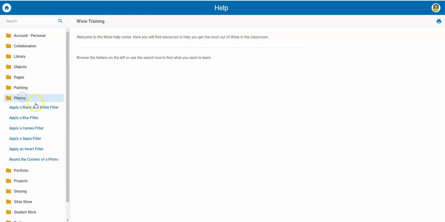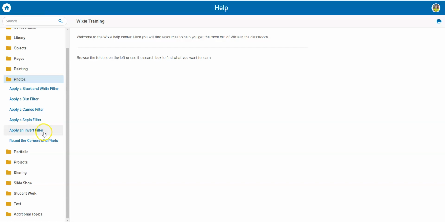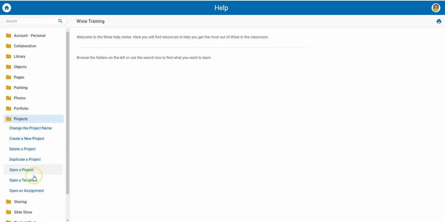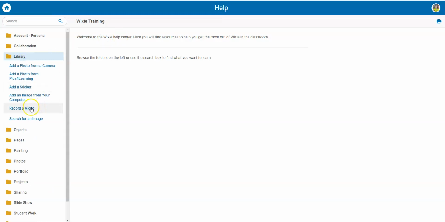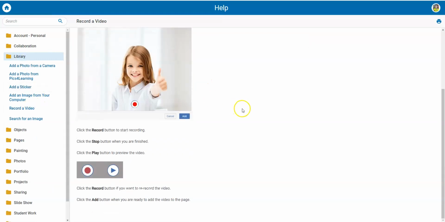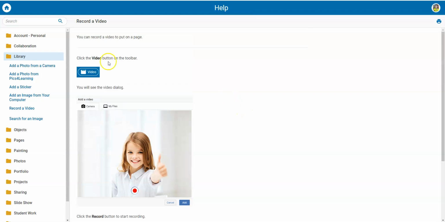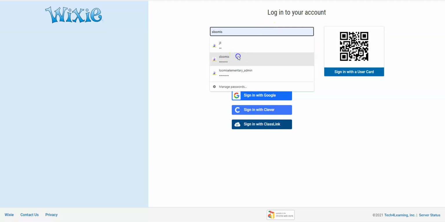So if I go into photos: apply black and white, blur, filter, cameo, round the corners of a photo, do an invert filter; projects: duplicating, open a template, open assignment library. When you click on these, record a video, for instance, there are step-by-step directions on how to do it. So for you or for your child as they look to expand their use of Wixie, it can work very nicely. And with that, the last thing I'm going to do is log out, open up the main page again